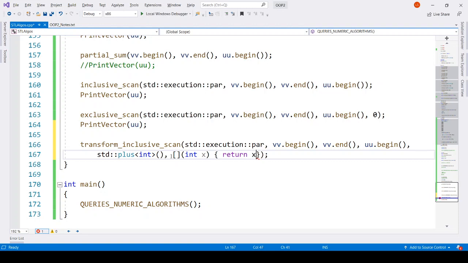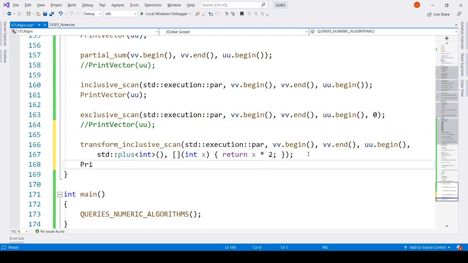So let's say we want to multiply each element by 2 and then do the inclusive scan. Okay, so let's see how it goes. We will compare the previous inclusive scan with the transform inclusive scan. Maybe that will help.